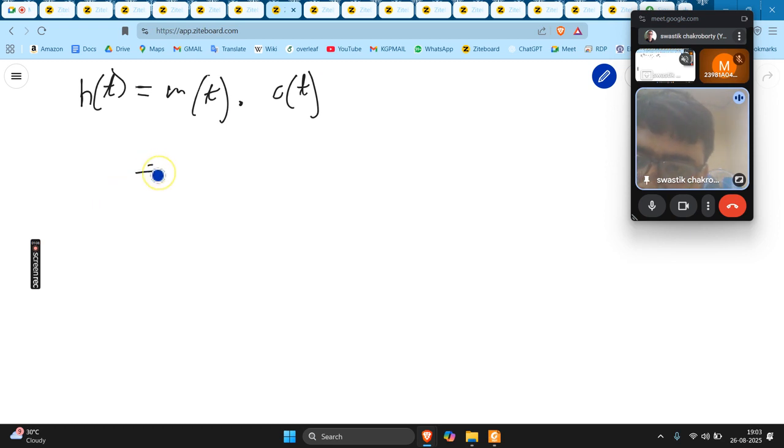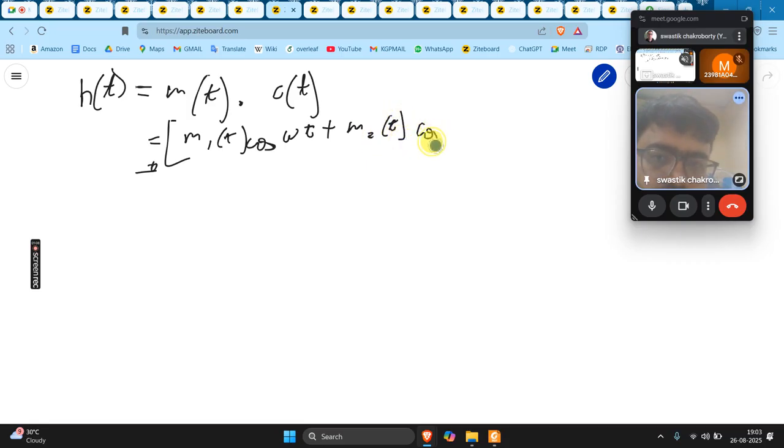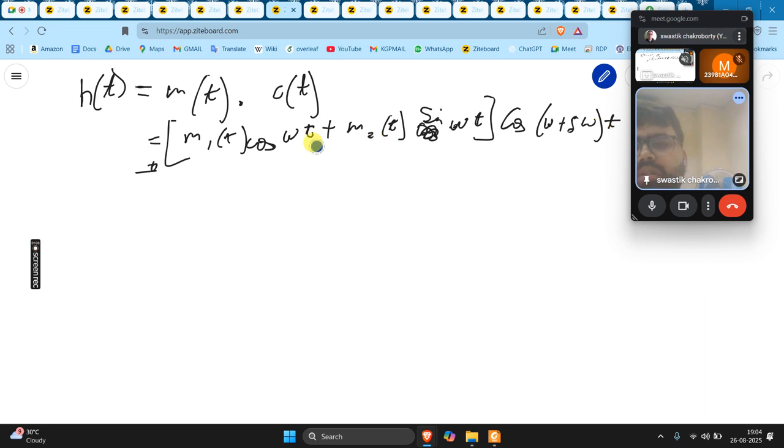Here m(t) is an in-phase and quadrature signal: m1(t) cos omega t plus m2(t) sin omega t. You are multiplying that with cos of omega plus delta omega t. Now h(t) is m1(t) cos omega t cos (omega plus delta omega) t